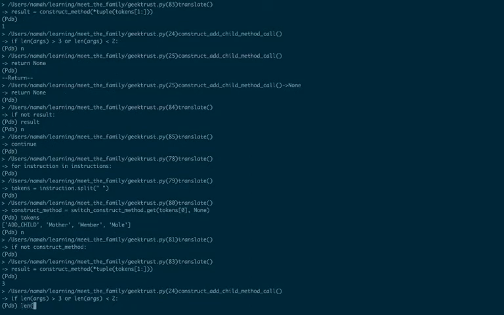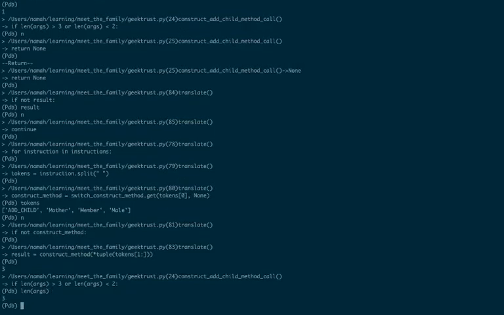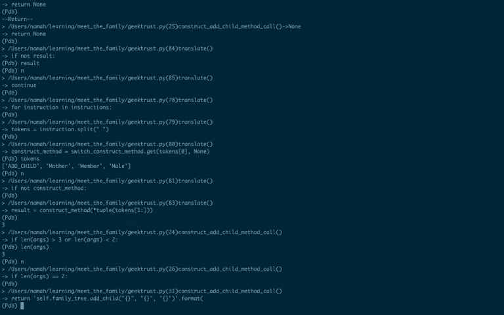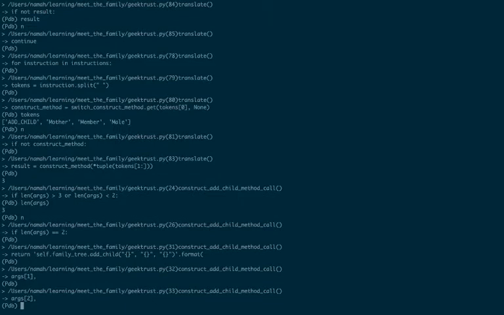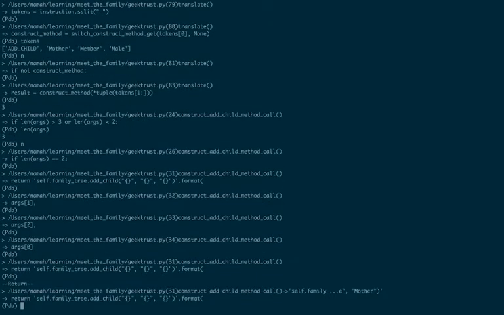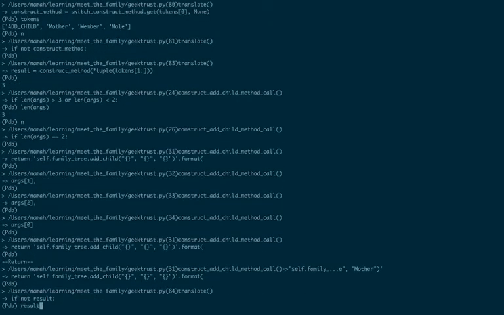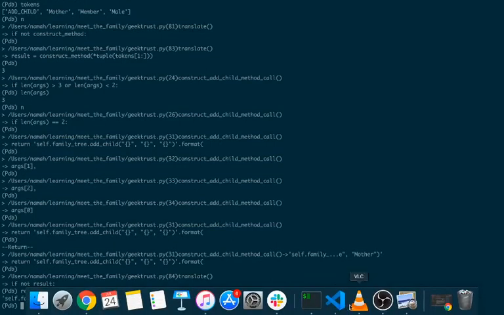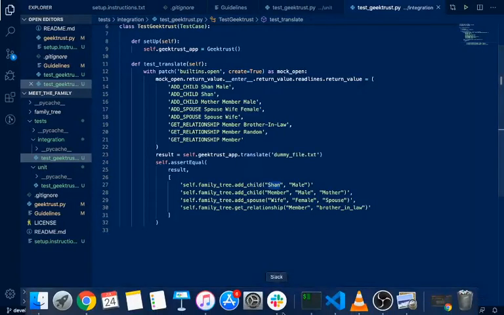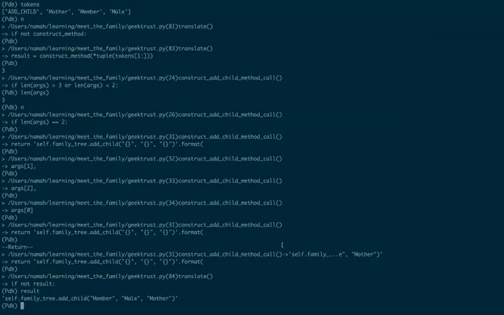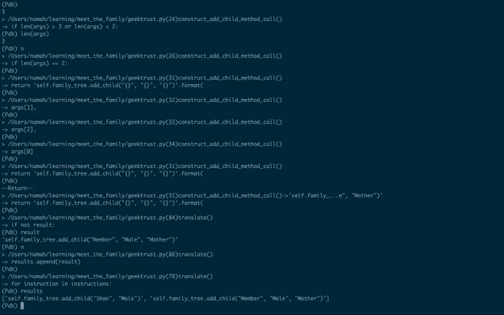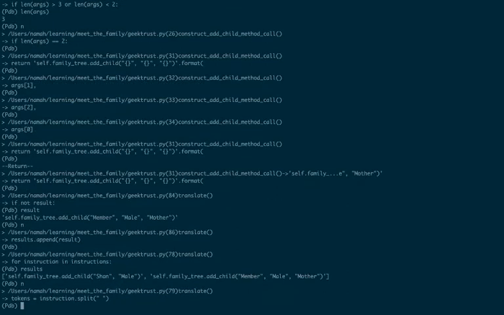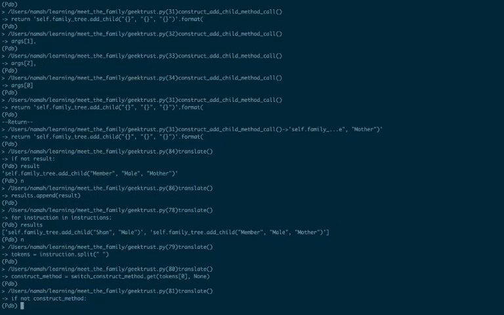The length of args is, I guess it's 3, not greater than 3, not less than 2. So here args 1, 2, 0. Let us look at the result. Yep, self.family tree add child member male brother mother. So our results look something like this now, right? Then we have another construction, which is